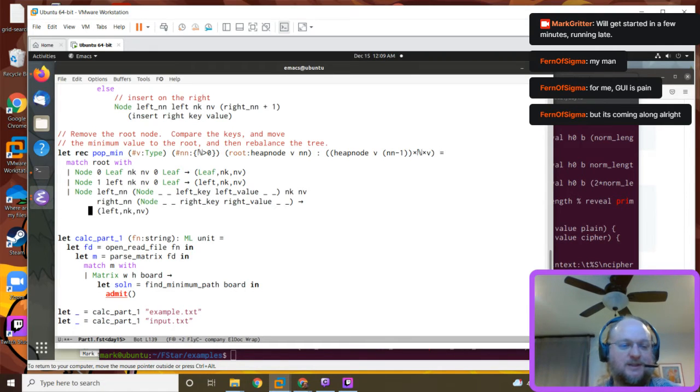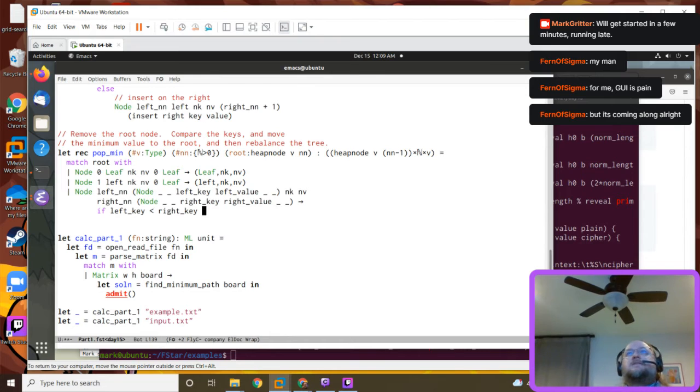Okay, so that's a very complicated pattern match. So if left key is less than or equal to, left key is,